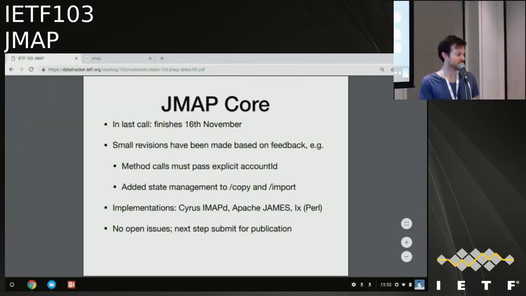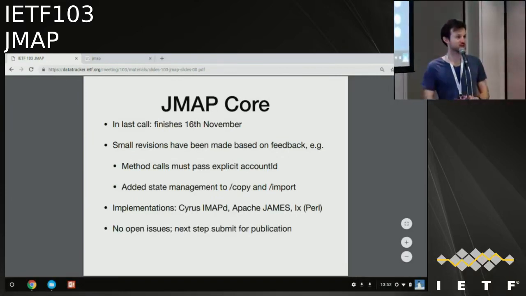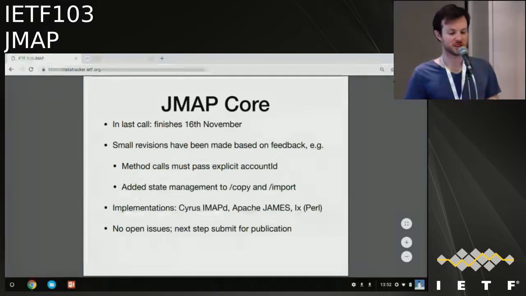and so basically we're just waiting for any more final reviews from people coming in. I know a few more people are reading the spec at the moment. We'll hopefully see that on the list over the next few days. Again, I'm not expecting any major issues, just small spec nits, grammatical changes, things that need to be clarified. And then hopefully, 16th we'll close and submit to the next step. So I guess at this stage, just wanted to see if anyone in the room had any queries, comments, or concerns about Jmap Core, or is everyone happy that that is probably a reasonable summary and we're good to continue like that?